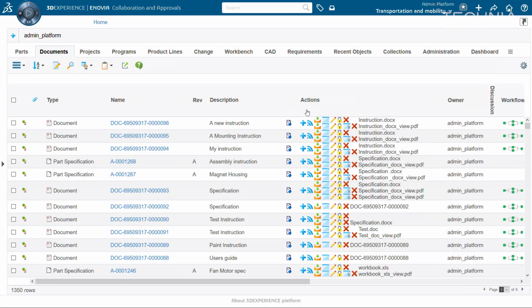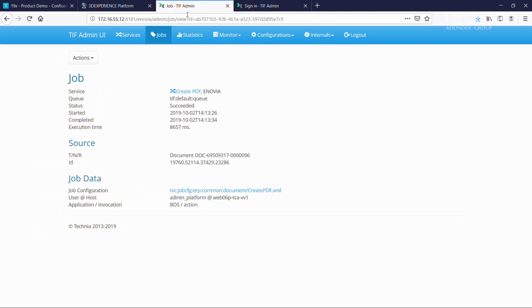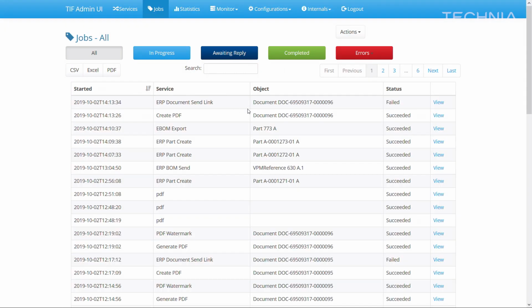What also happened here, and the next demo I would do, is you can see here we have an integration called ERP document send link. What this is, is that when we release a document, it might be connected to a part.